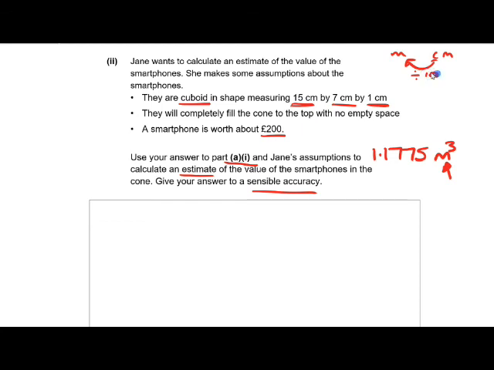So to go from centimeters to meters, we're going from small to big, so we divide centi by 100. So 15 divided by 100, do it on your calculator, is 0.15. 7 divided by 100 is 0.07 meters. And then finally 1 centimeter divided by 100 is 0.01 meter. So the volume of the phone